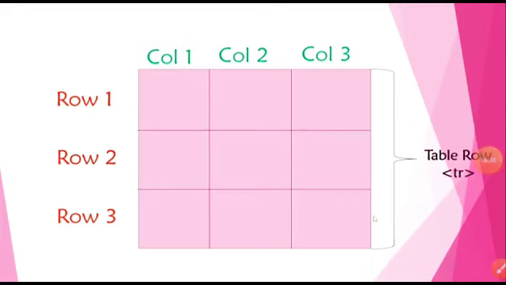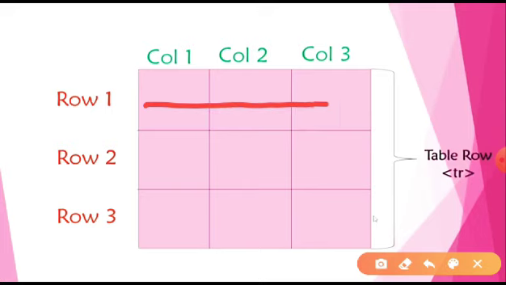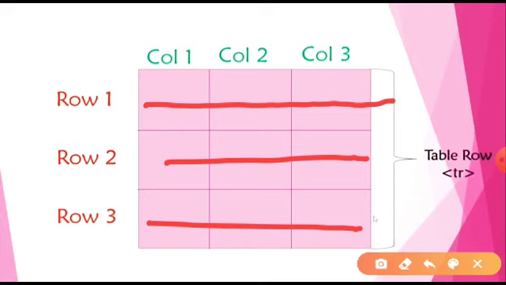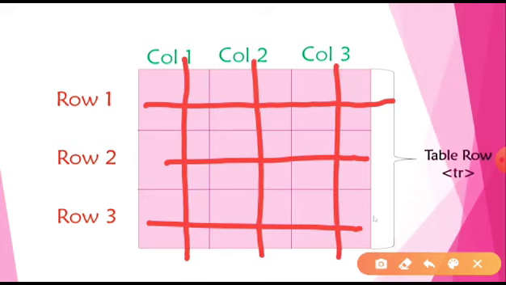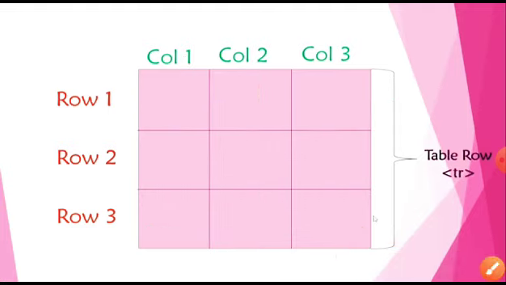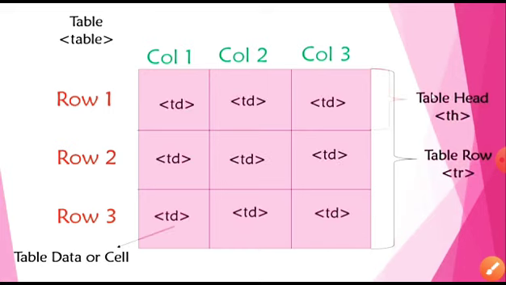Student, you can see here the structure of the table, meaning what elements we use here, like row and column. As you know, a table consists of the intersection of rows and columns. You can see these are rows 1, 2 and 3, so 3 rows and 3 columns, 1, 2 and 3. This way we create the table.